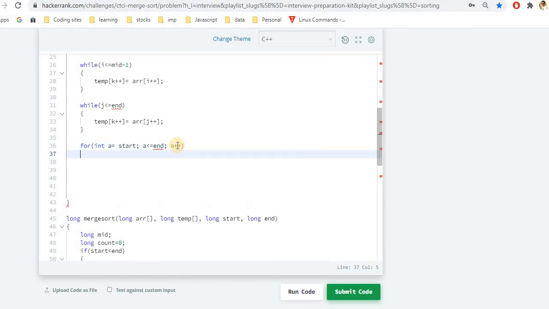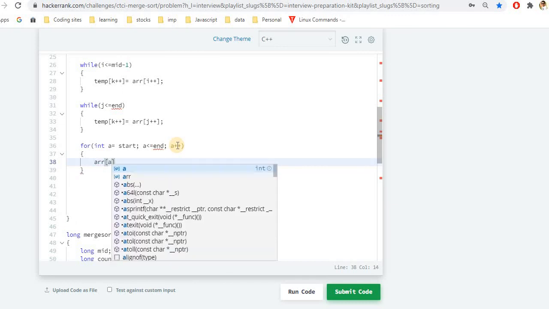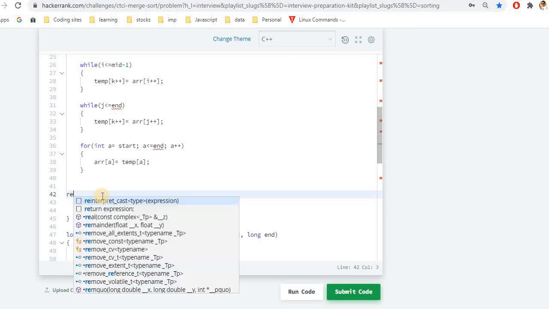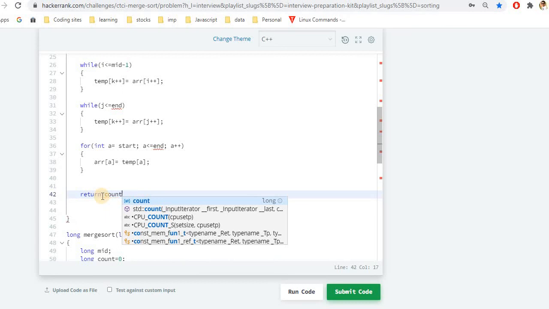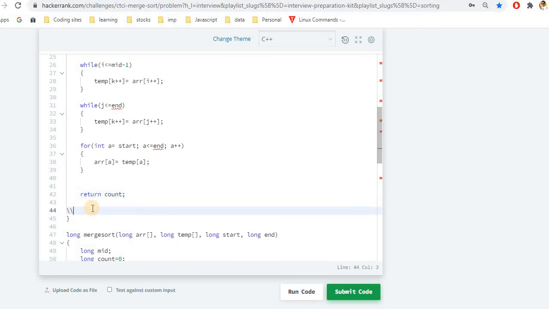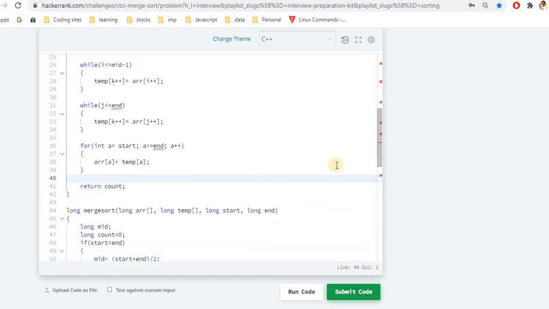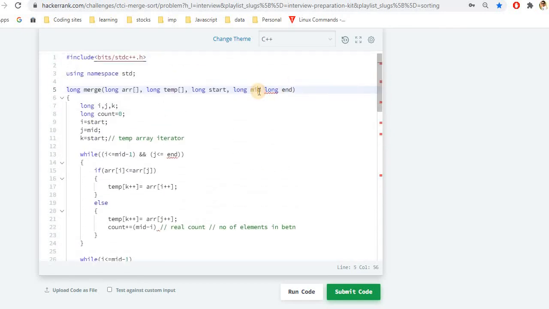Okay, for this, what I would want to do is store the values of all the indexes which are present in temporary to our original array. So this will be basically a, and let me add a semicolon there. Here, after counting all the values, we would be returning, give me a minute, we would be returning count. Okay, so let's understand the flow once again. After that, I'll check if there is any compilation error, because I think there are some reds. Okay, because there is a missing semicolon.